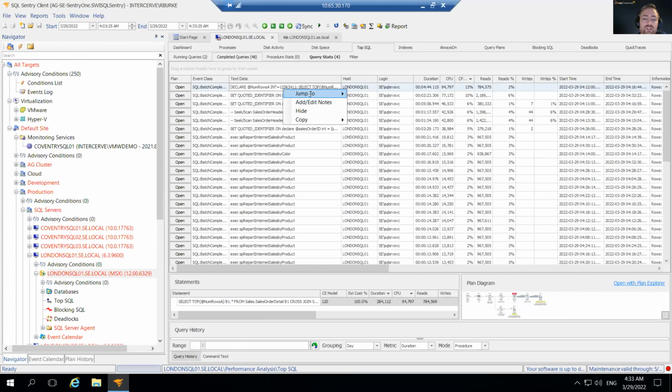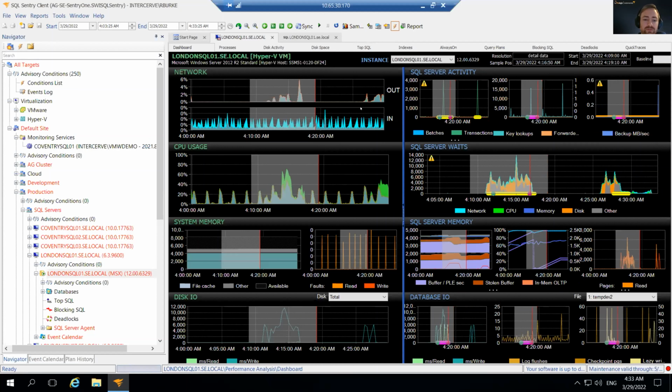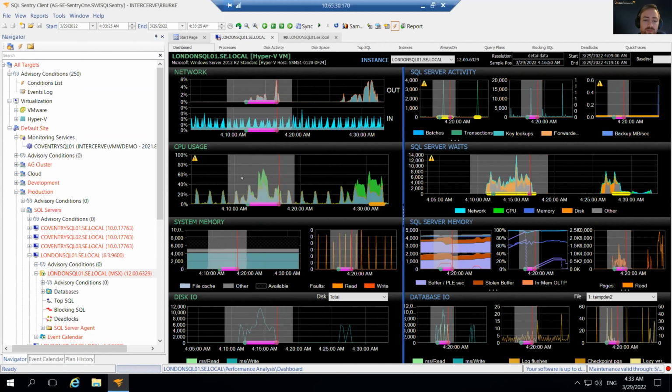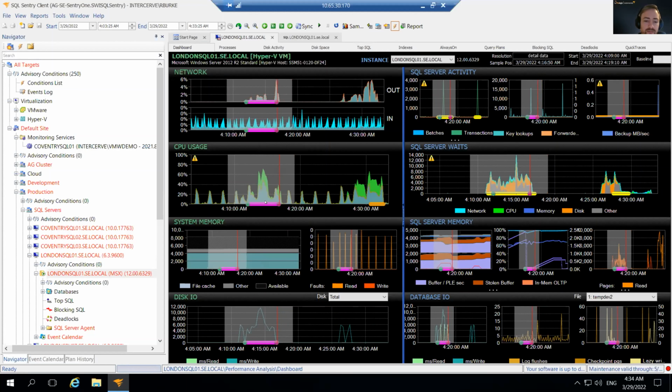I can right click, jump to dashboard, and see the impact of that particular query represented across my dashboard. I can associate it with any spikes in performance across my environment. I can see the start time, the end time, and the length it ran is highlighted with that purple line. If I jump back,